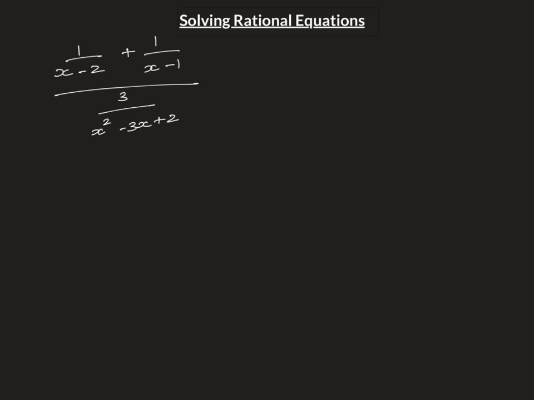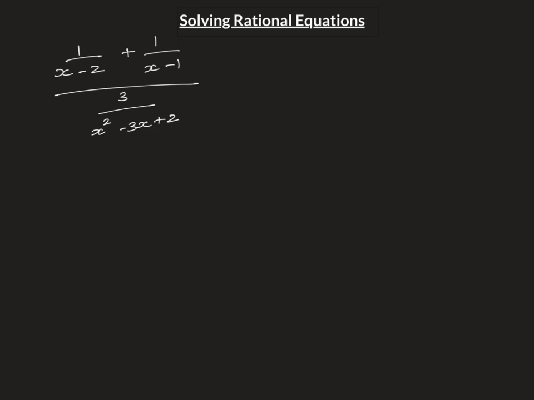Now, at first this problem may be intimidating, but let's go ahead and just break it down a little. So first, our first step should be factor everything that you can. And in this case, x minus 2 can't be factored, x minus 1 can't be factored, 3 cannot be factored, same with the 1's, but x squared minus 3x plus 2 can be factored,